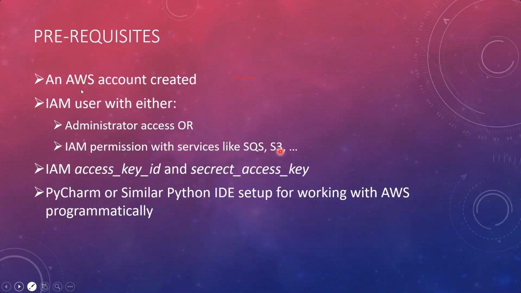So what are the prerequisites required for this session? You should have an AWS account created, preferably with administrative access. Or, if you are working for yourself and want to work with least privileges, create an IAM user with appropriate permissions, maybe for services like SQS, S3, Lambda, DynamoDB and things like that. Once you create a user, you need to provide programmatic access, and when you do, you will get an access key and a secret key ID. This is equivalent to the username and password that we use when we log into the Management Console.